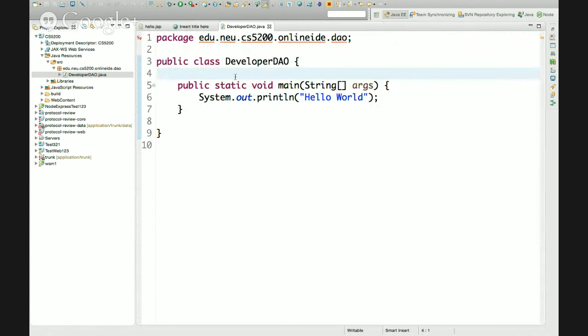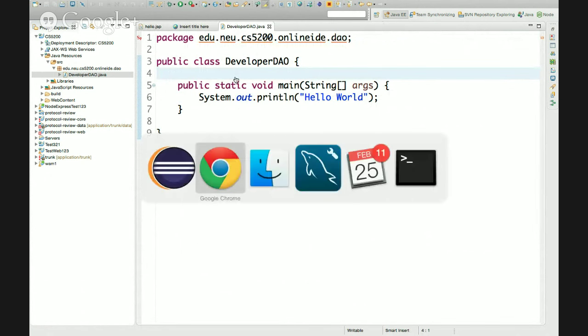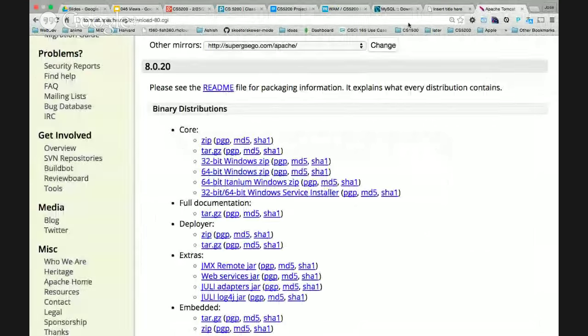To do that, we're going to write some code. We're going to be using an API that allows me to connect to a MySQL database. So I'm going to say JDBC